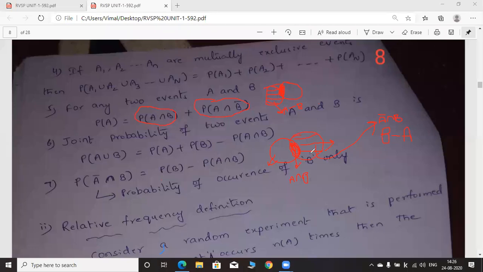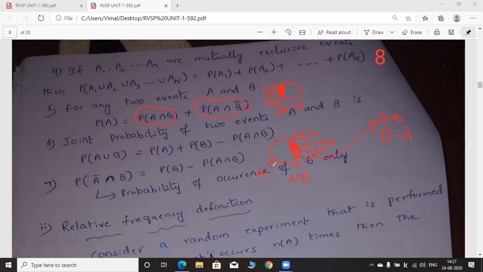From this B, which means this entire second circle, B only, from this entire second circle we are subtracting this common portion, A intersection B. So after subtracting that common portion, we will have only this shaded area. Here I am drawing a vertical line also. This shaded area is called as A bar intersection B, or we may call it as B minus A. So this area can be called as A minus B.